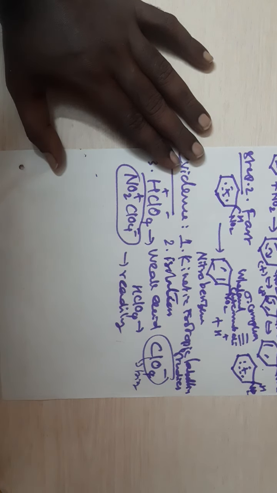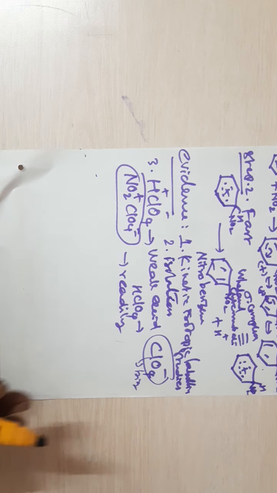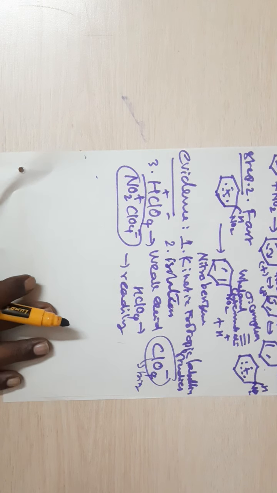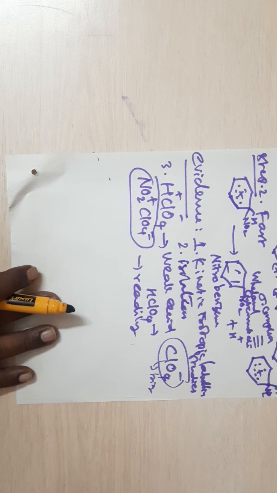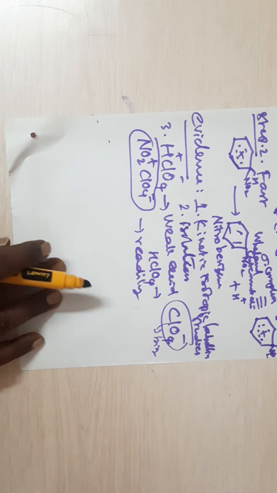The reaction occurs readily. So from this we can say that the aromatic electrophilic substitution reaction, namely nitration, also takes place according to the mechanism, namely the arenium ion mechanism, in which the sigma complex or valence intermediate is obtained by a slow step, and in the fast step the sigma complex or valence intermediate loses a proton to give you the nitro compound. And we have evidence for this mechanism. The evidence for this mechanism comes from the kinetic isotopic labeling studies and also from the isolation of the intermediate.